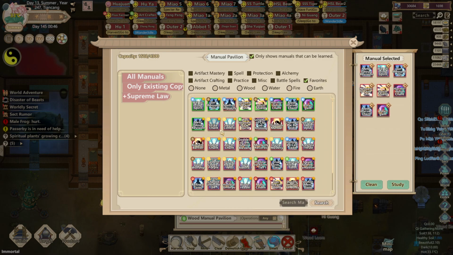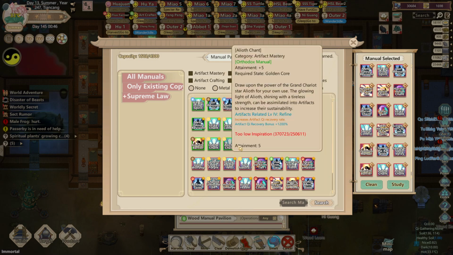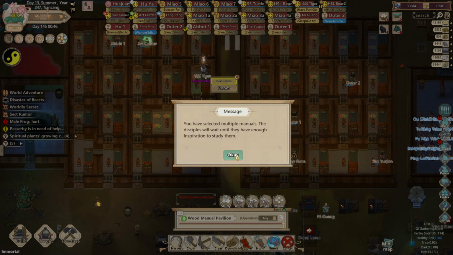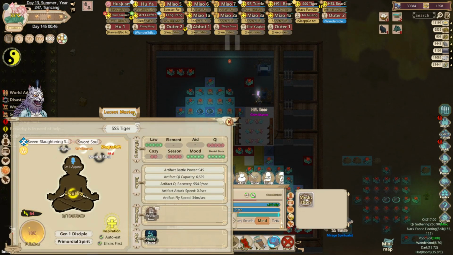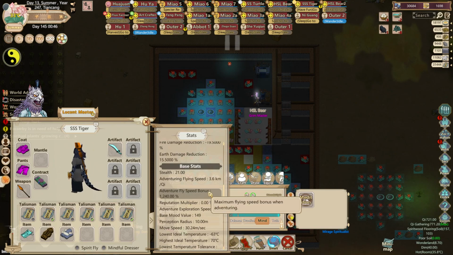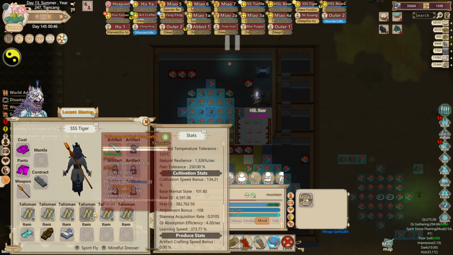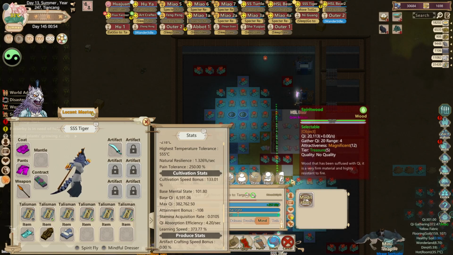Then I don't want Spell of Impurity. Then I do want all of these other manuals right here. Goddess of Garing's Blessing. Okay, so I pretty much have everything up to what I need to learn, or I have as many manuals as I can learn at once accepted already. And I'm just very paranoid, so I'm always double checking, triple checking my guy's learning speed and things like that. So let's move him over to the Cultivation branch, where he'll start to get bonuses,